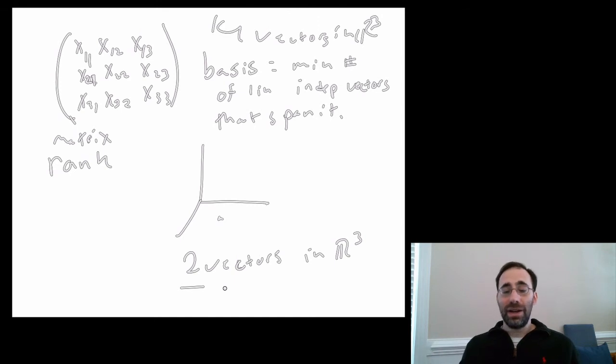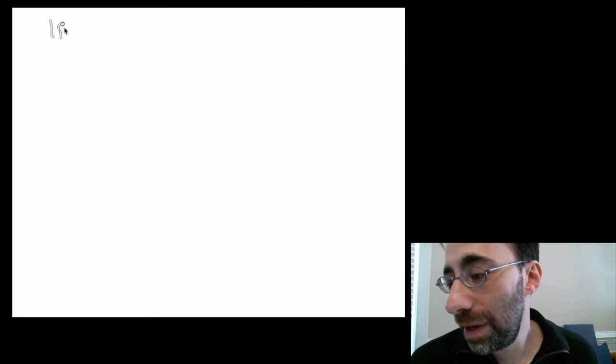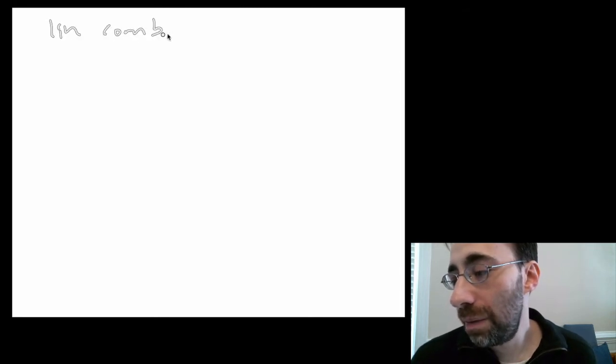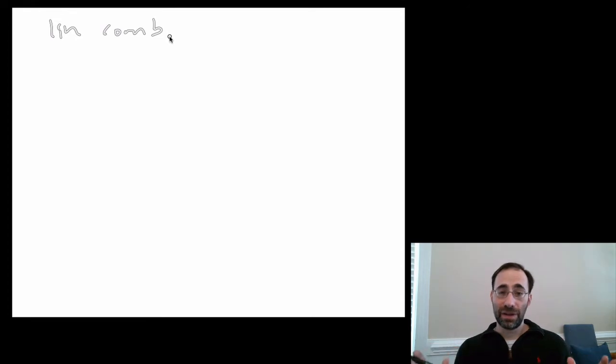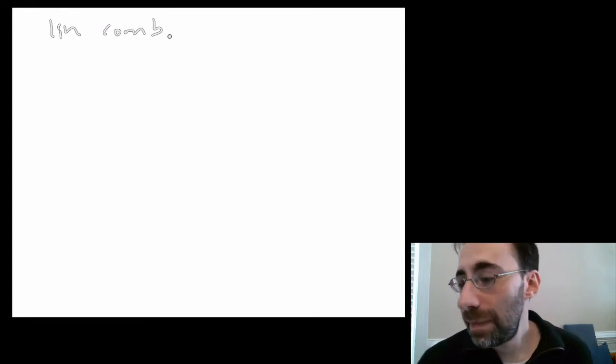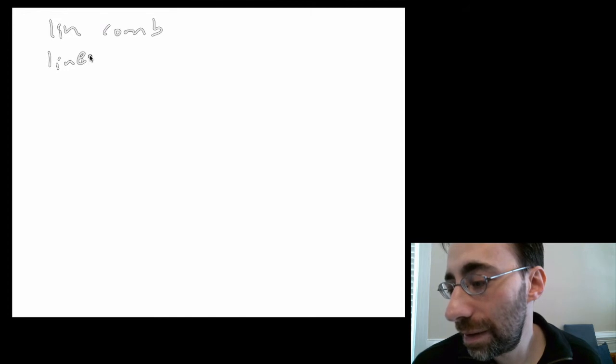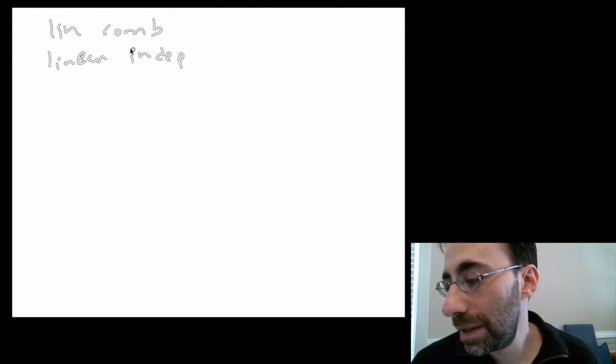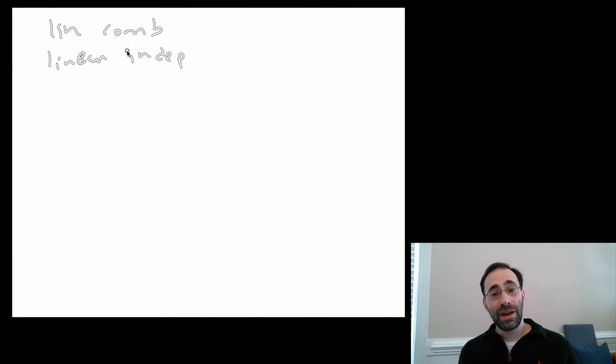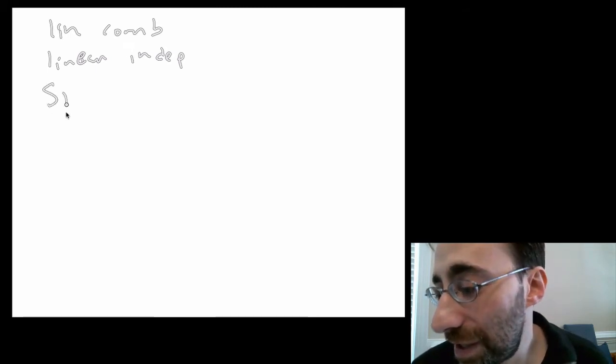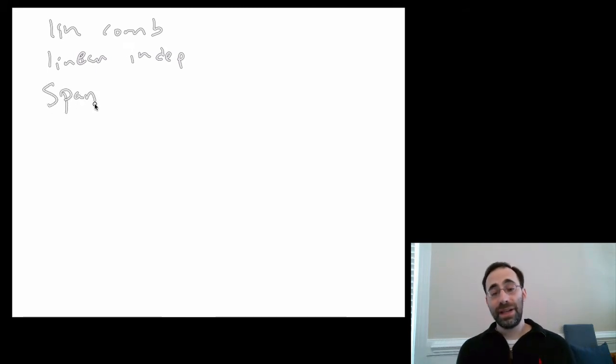But really, we're looking at a couple. So I'm going to go back really quick and go over the topics again because it's worthwhile, I think, to do so. We have linear combinations, which are just ways of writing different vectors as other vectors. We have the concept of linear independence, which was saying that there's no way of writing any of a set of vectors as a linear combination of the other ones. We have the concept of spanning. A set of vectors spans a space if you can write any vector in that space as a linear combination